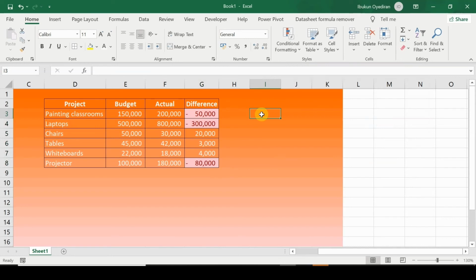But now what if we have a larger data set, whereby the data set starts from column A to column Z? That means we have to start going from column to column to know which project was less budgeted for, right? And that's actually time consuming. So one of the best ways of doing the conditional format is what I'm showing us in a second. So let's clear this conditional formatting.